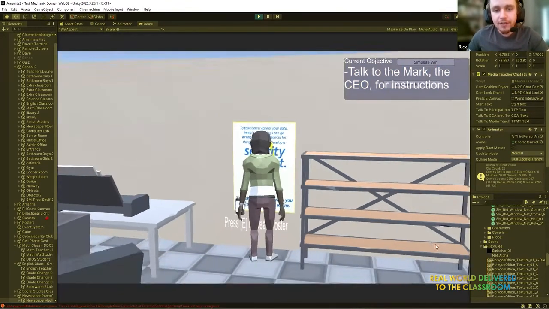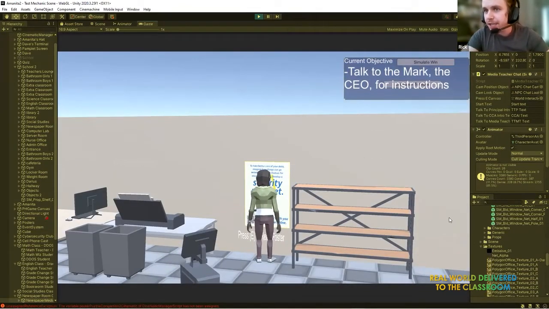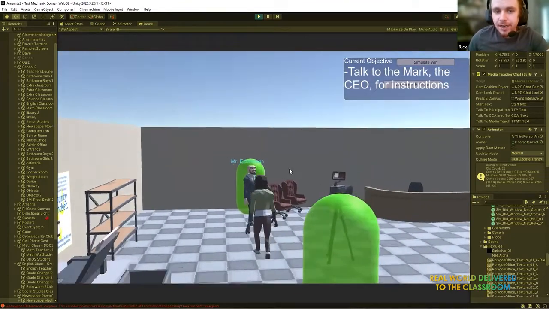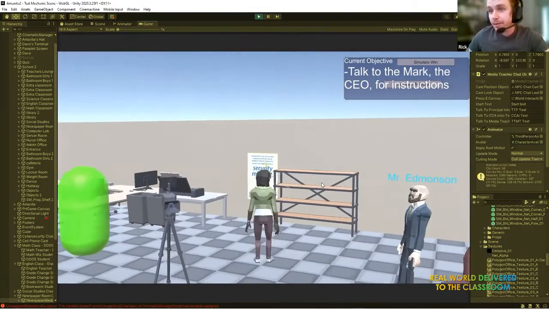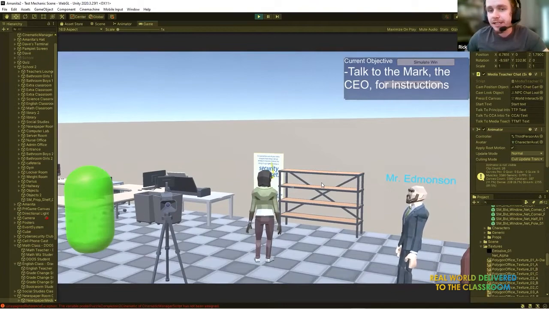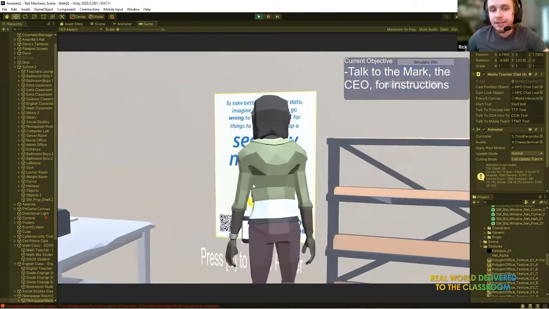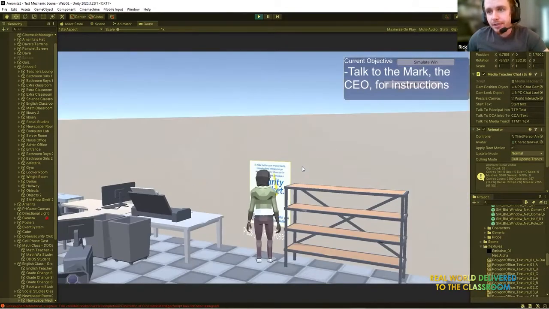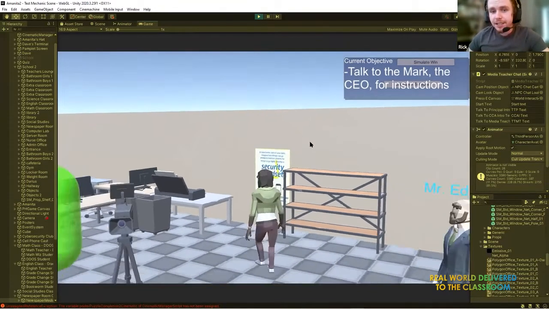And then if you scan over this, you will get some little animation that says, hey, this is not going to the right spot. Then you can talk to Mr. Ed and he'll say, oh, this isn't right. Then you go back and you discover that it is a sticker that is on here that you have to peel off. So this is as far as we've made it into this first puzzle.